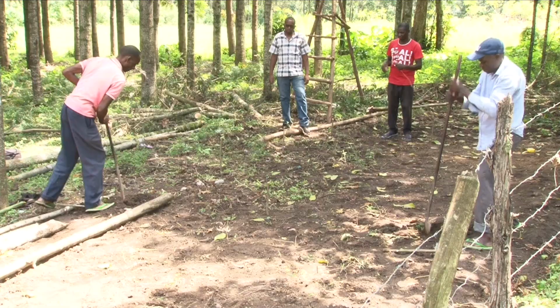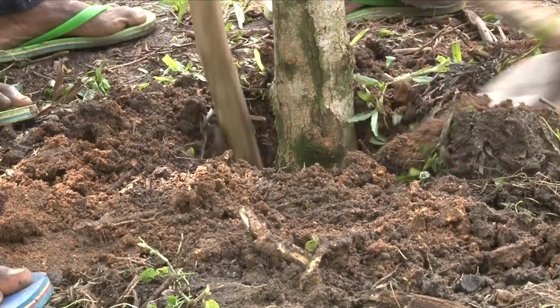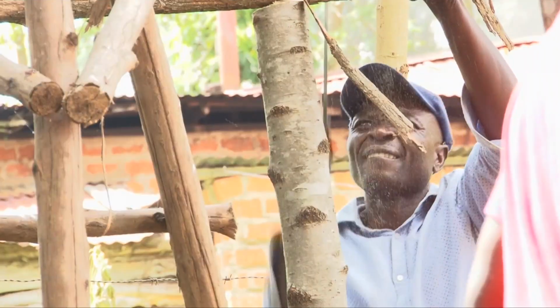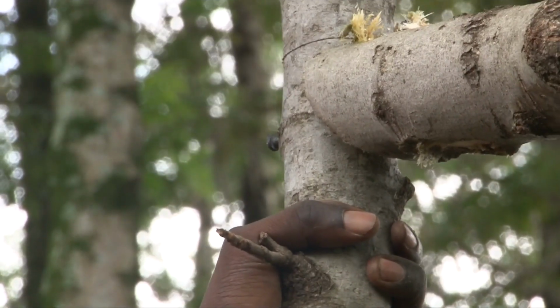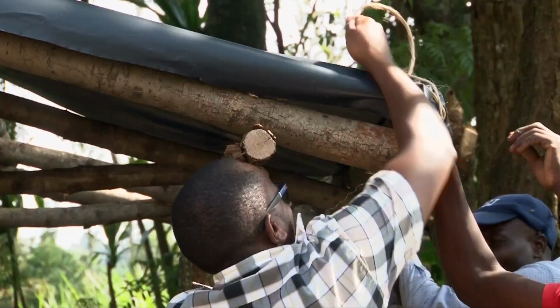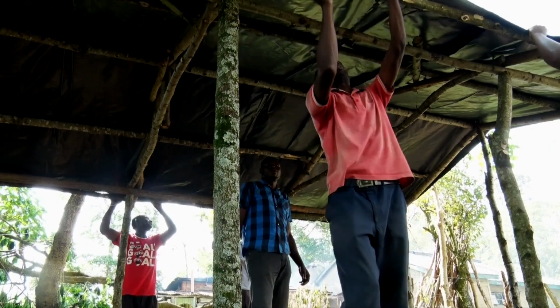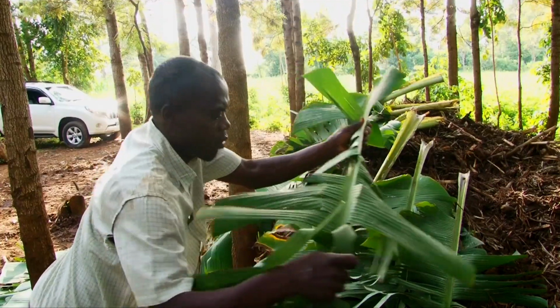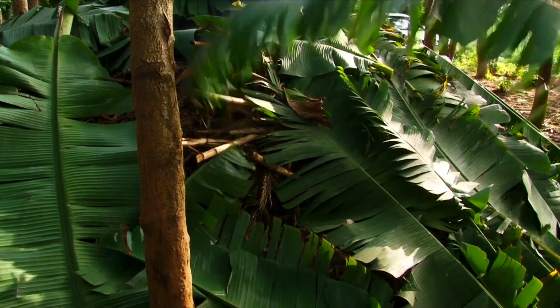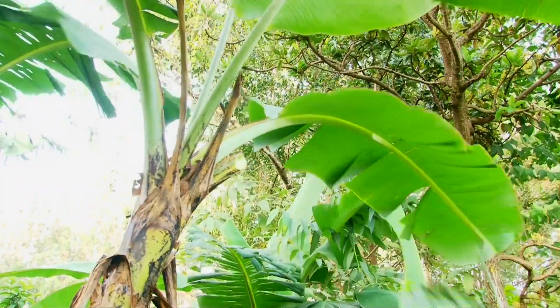Number 3. Cover the stored manure to protect it from sun and rainfall. You can construct a simple roof over the manure heap such as the one shown here using low-cost and locally available materials. If a roof is not practical for you, another way to protect the manure is by covering it with a plastic sheet or with banana leaves, like the ones shown here. Any material that prevents the manure from getting wet and protects it from the sun can be used as a